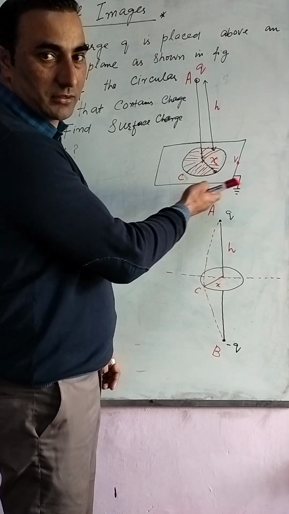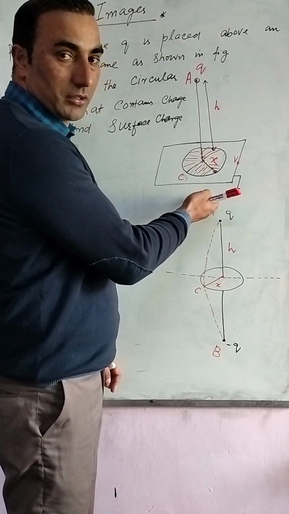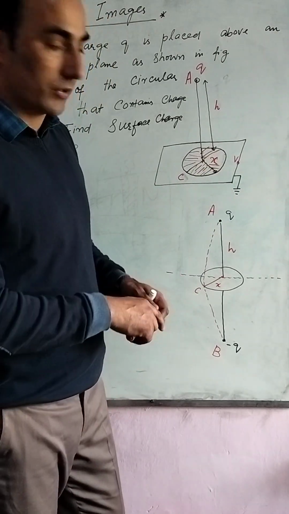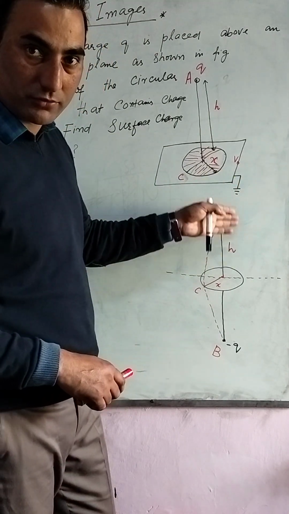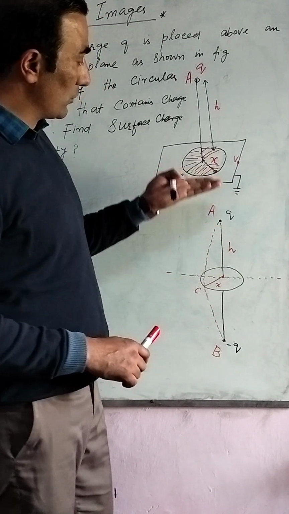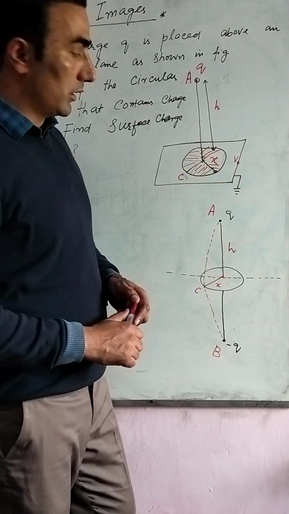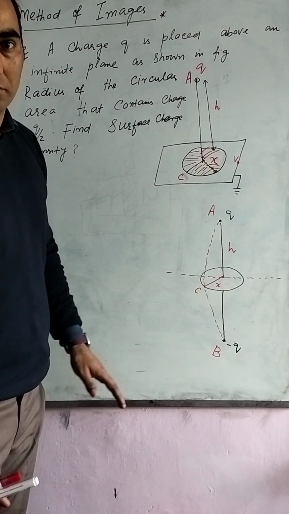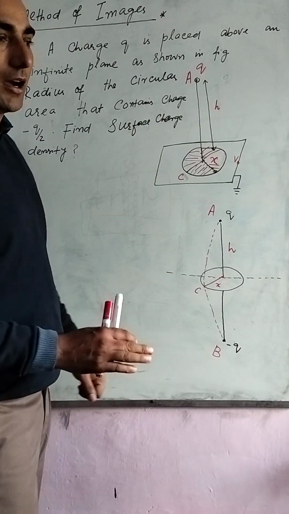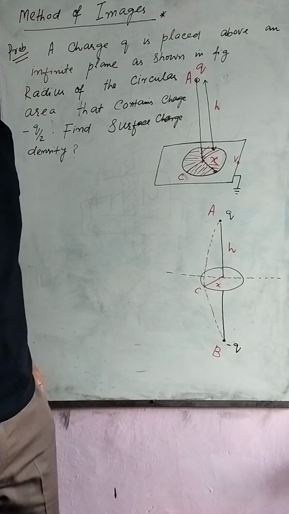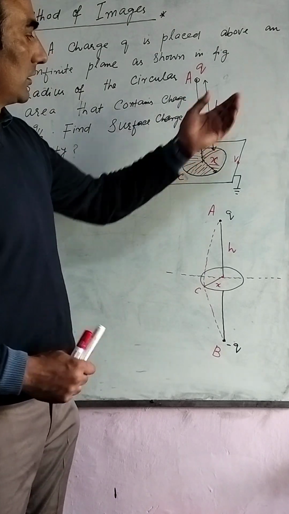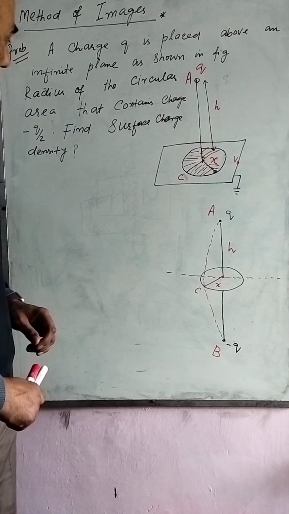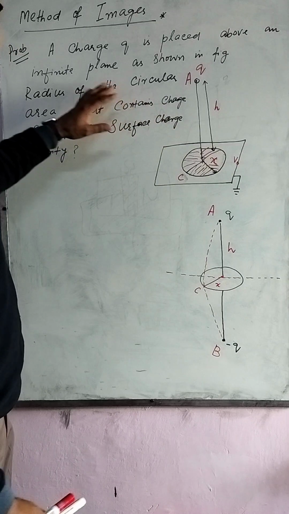It will induce some charge on this plane: negative charge near the surface, and positive charge on the lower side of the infinite plane, which will go to ground. So we have only that negative charge near the surface of this infinite plane. You already know what the method of images is; we discussed it in the classroom. So how will we calculate the electric field and potential at some point lying above this infinite plane using the method of images? First, let us read the problem. We have a charge,